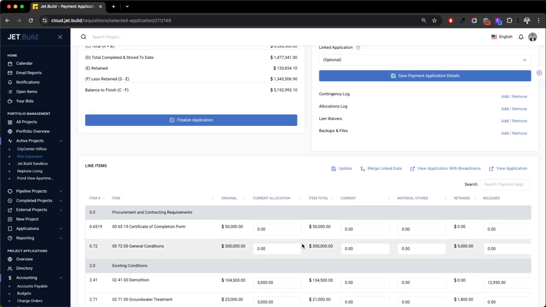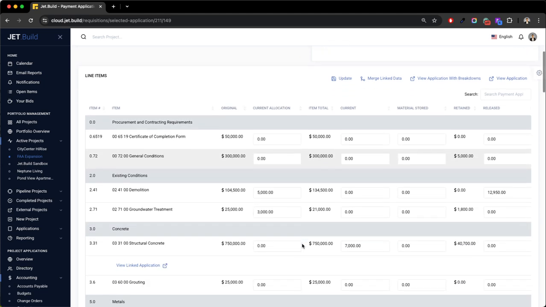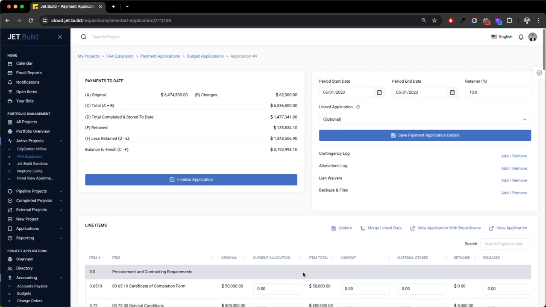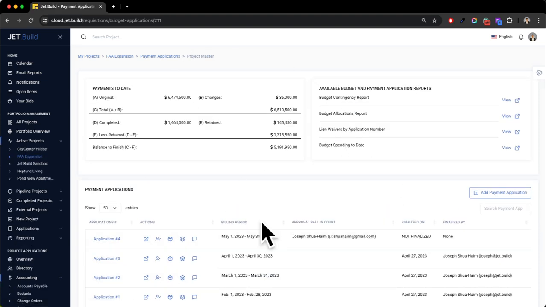And this is all issued via access control. So your trays will only see their commitments, their pay apps that can therefore be linked up into your project master. So going back to our landing page for our project master pay apps, I'll show you some quick reports